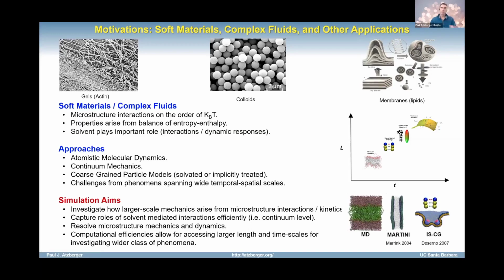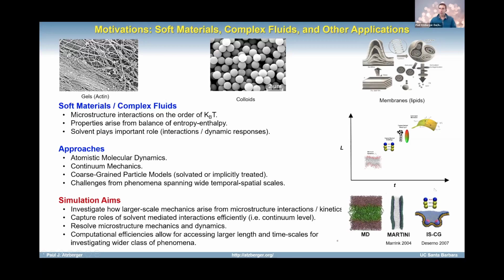Okay, and then there are all kinds of other potentially interesting domains that you could look at, such as various types of active materials. You could look at collective dynamics of things like swimming bacteria and so on. So there's quite a wide range of phenomena where you really do want to capture the microscale mechanics well, often subject to thermal fluctuations. Okay, so I'll talk a little more about background in a minute, but I just wanted to motivate that overall set of target applications.